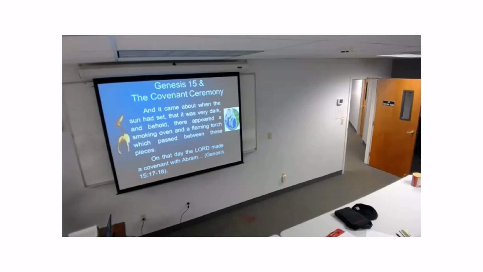Typically the covenant, and again this is what we talked about last week, the word for covenant is berit, which is to cut. And the idea being that when 2 kings come together and make a pact or a deal, they walk between these animals, and the idea is, whether it is a border dispute or the agreement to how they're going to interact with one another, if one of them reneges on a promise, the idea is that God might curse them and that he would be cut like these animals have been cut.